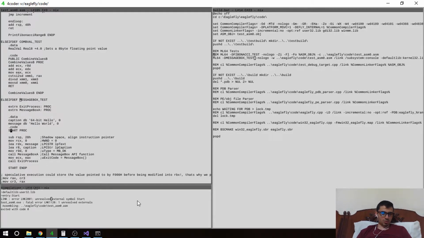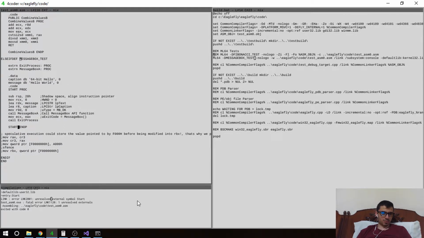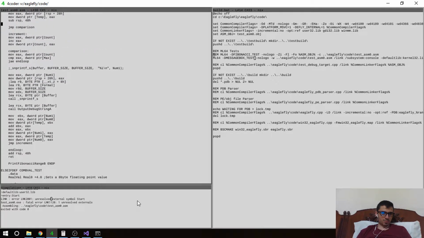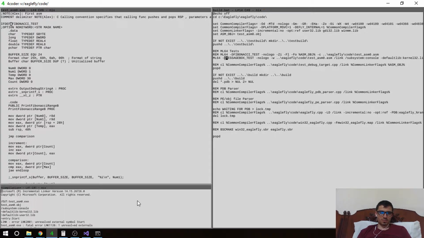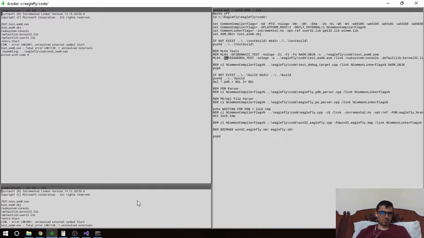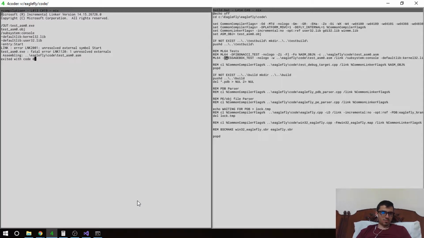So he doesn't see the start. It's because one result server symbol will have the start,